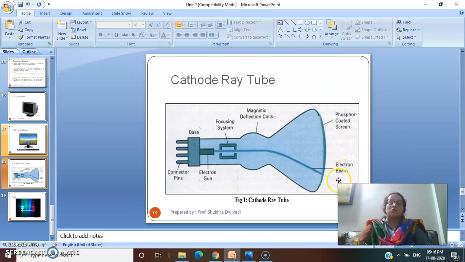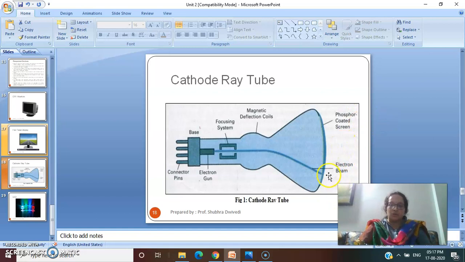Okay, so what is the reason behind it? The reason is that phosphorus has a property that its intensity keeps on reducing. Meaning the brightness of the light coming keeps on lowering down. Once its intensity comes down to 1/10th, you will see a blurred screen.